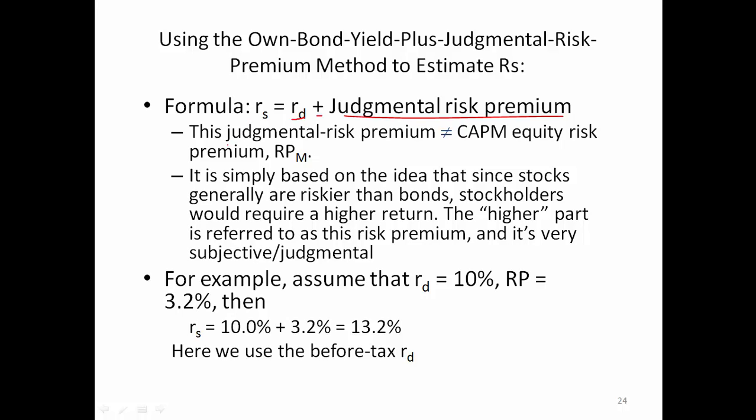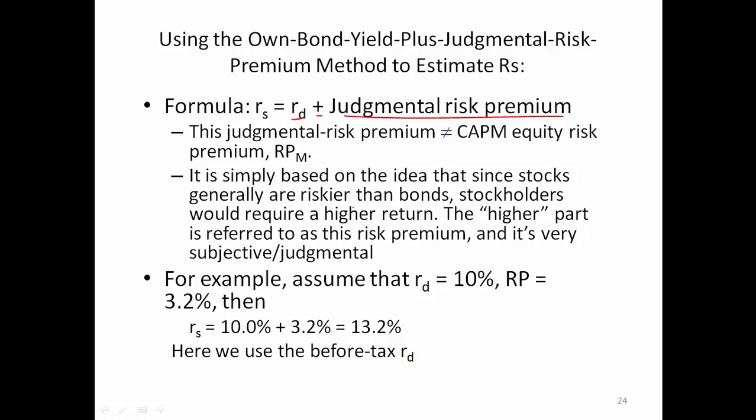Notice here that this judgmental risk premium is not the same risk premium as in the CAPM model that we just talked about. This risk premium is simply based on the idea that stocks generally are riskier than bonds, so stockholders would require a higher return, and this higher part is referred to as the risk premium,